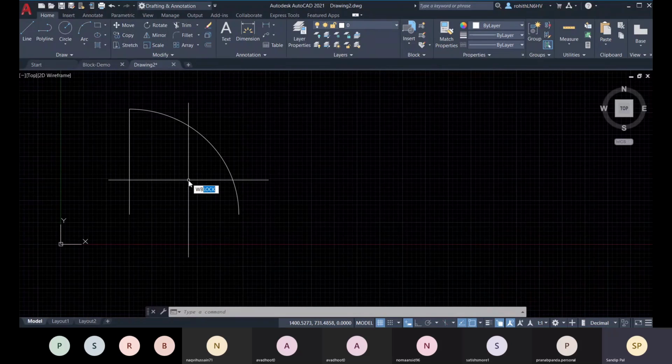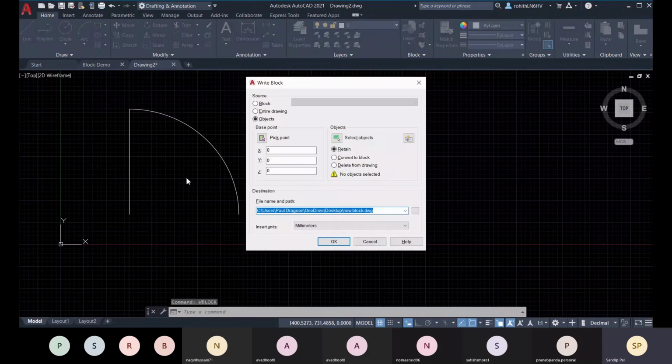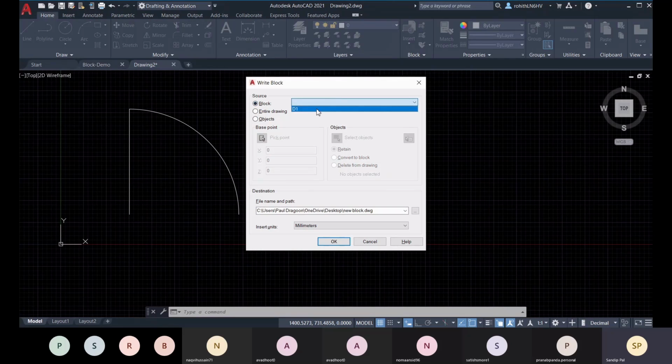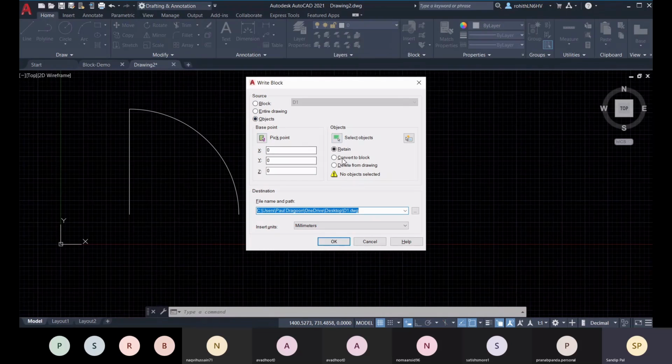So let's go for this W block. If you have already created a block and then you go for W block, you will choose this block option and then choose the name of that block. And if you haven't created any block and you are defining it initially as a write block, then you follow the same steps: select objects, then pick point, and then convert to block, or retain, or anything like that.